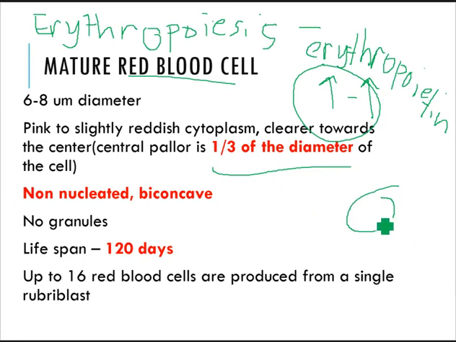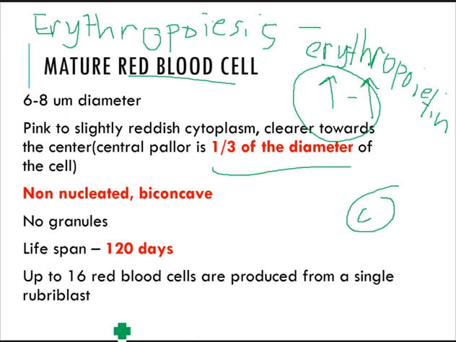Wow, very nice circle. So basically, guys, this is your red or pink area, and then this one is the clear or whiter appearance, your central pallor. So it is non-nucleated and biconcave. It has no granules, very smooth cytoplasm, and take note, guys, up to 16 red blood cells